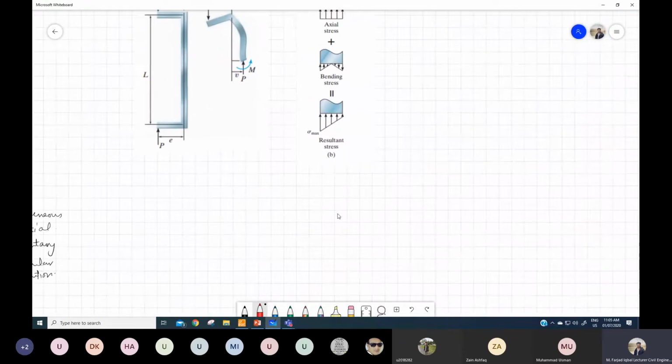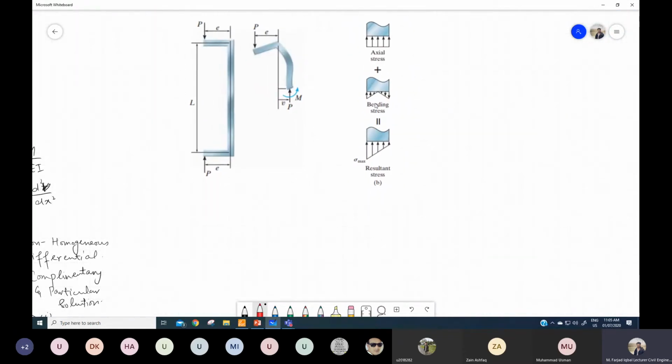If you remember, we have this figure for the eccentric column where the load P was applied at an eccentricity E with respect to the centroidal axis. The length of the column is L, and this was the cross section at any random distance. Initially we also used the equation of moment. If I want to calculate the moment at a point where this V is maximum, that will be P into E plus V maximum. V is the maximum deflection.